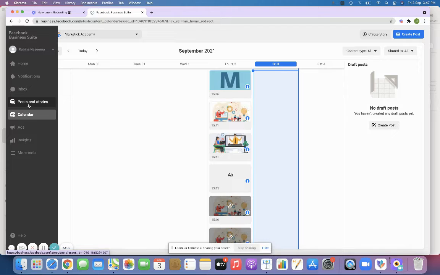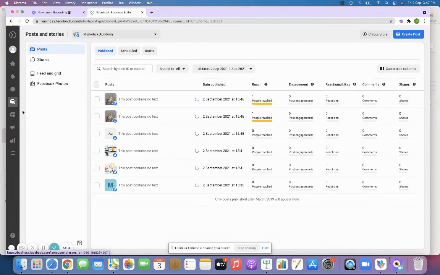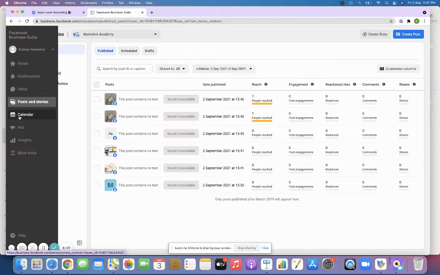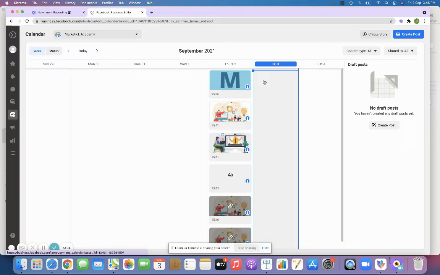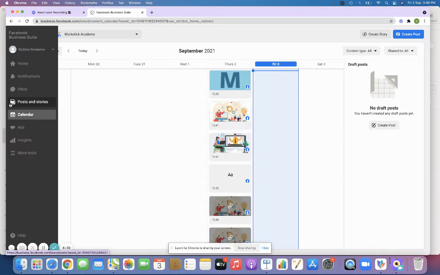Calendar is nothing but whatever you schedule over here, you will be able to see over in this calendar. Suppose you are posting one poster, that poster will be seen in this particular calendar. Maybe if you're scheduling it for today, say September 3rd, when you see your September 3rd calendar, that particular post will be displayed over here, right? So this is how the calendar and post works, right?